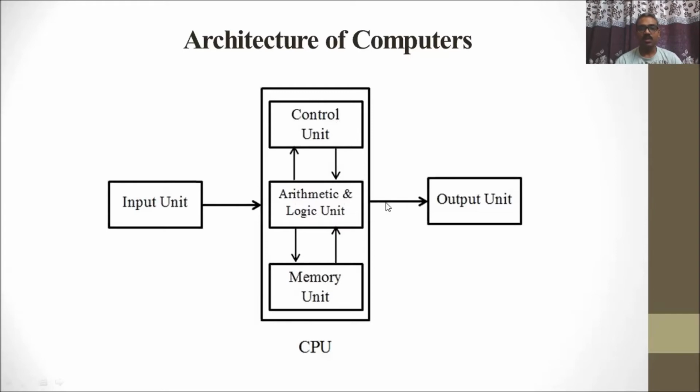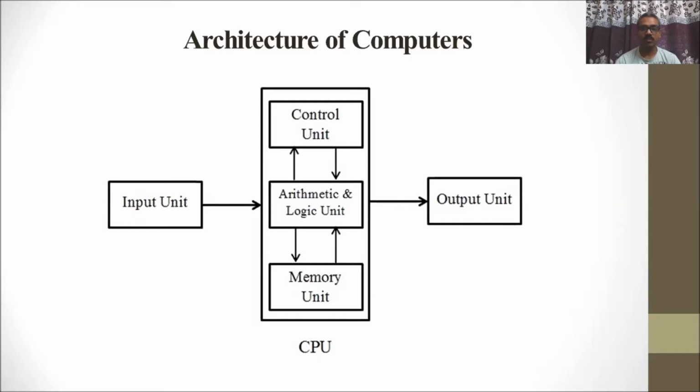And the output unit, the output device, is connected to the CPU. So this CPU shows that the ALU performs all arithmetic operations, meaning the data is processed by the ALU, and the control unit controls all instructions and operations of the ALU, and the memory unit stores the data and